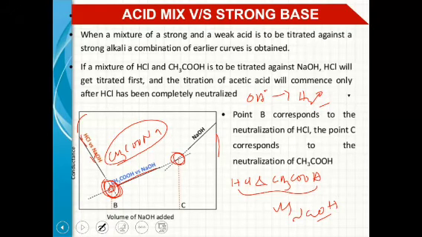After neutralizing these two, HCl and acetic acid, if you add further NaOH to that solution, due to absence of the acid mixture, only a base is present, excess base. That is why the gradual increase in the conductance value is possible, because of this sodium hydroxide. Sodium hydroxide is also a strong electrolyte, so further it will gradually increase the conductance value. So this is about the acid mixture versus strong base. This is the graph.